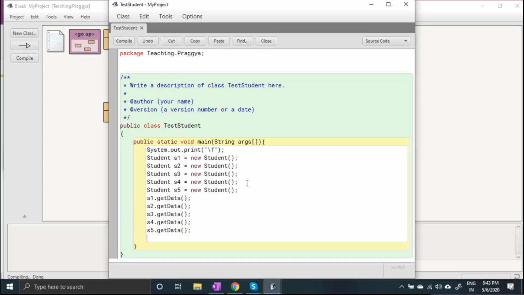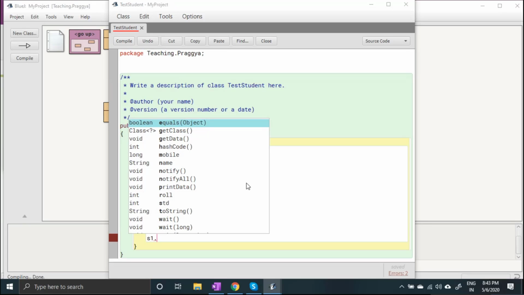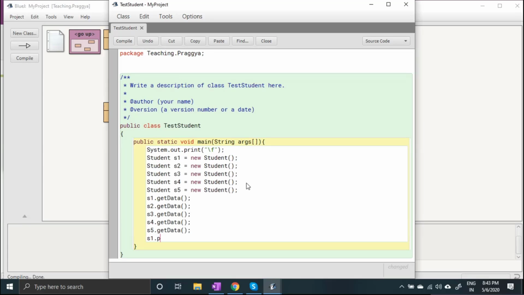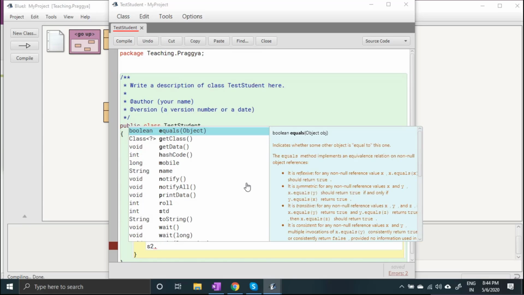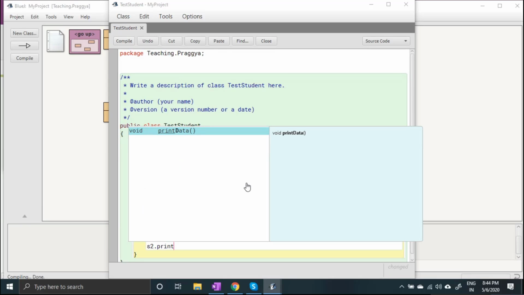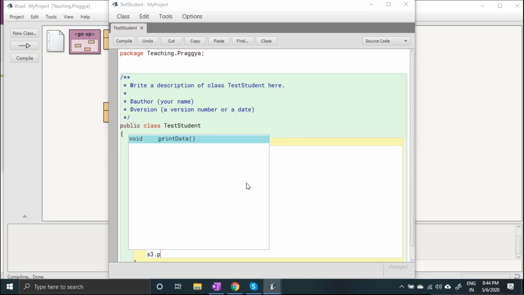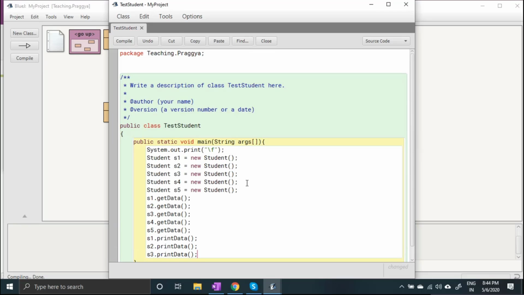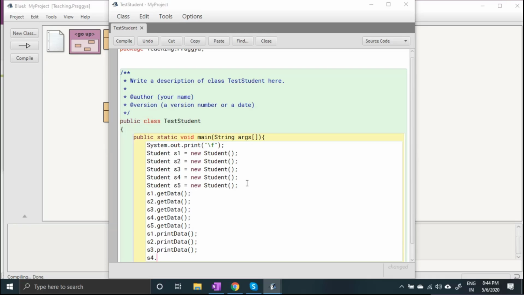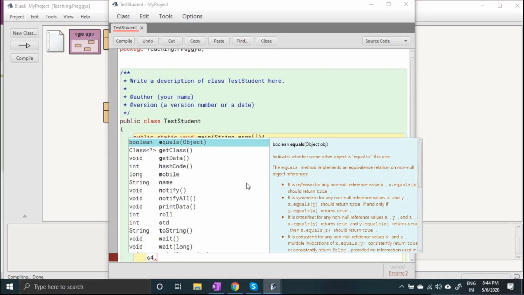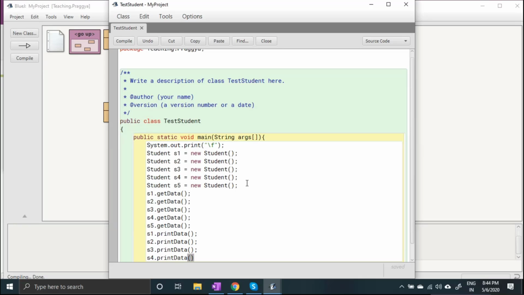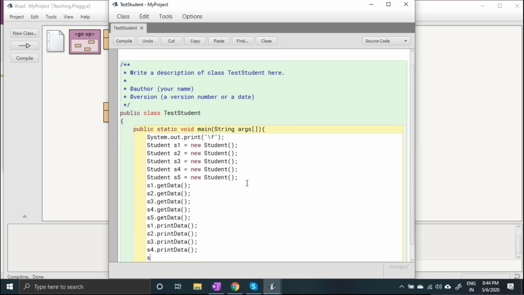So I've taken the input. Now I can print the output also. So I can write here s1 dot print data, s2 dot print data, s3 dot print data, s4 dot print data, s5 dot print data.